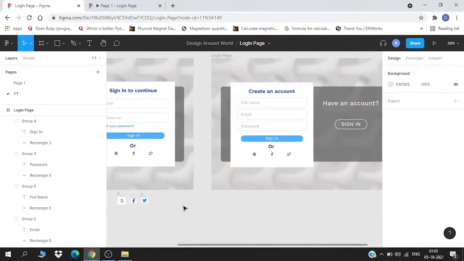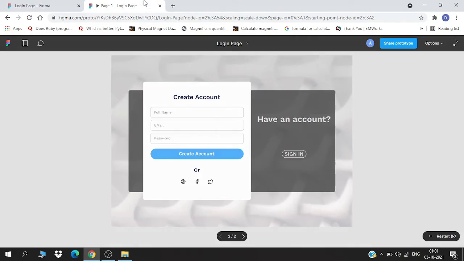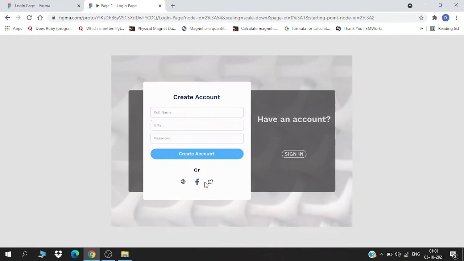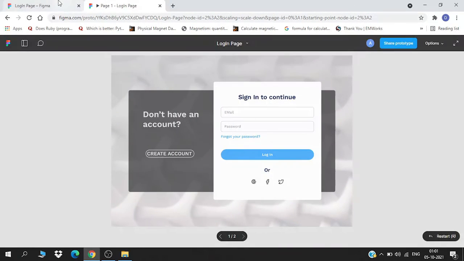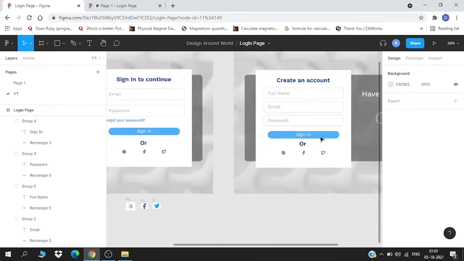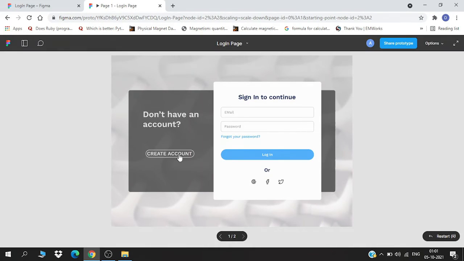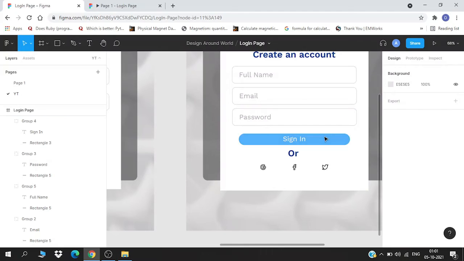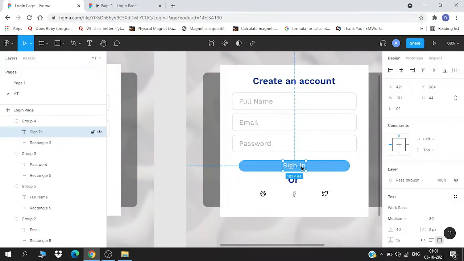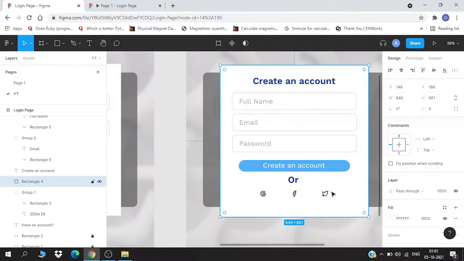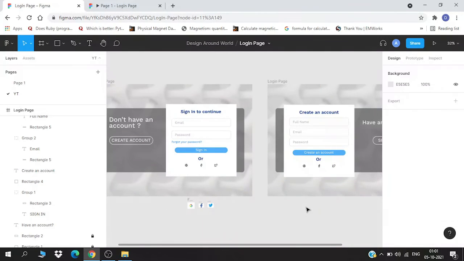Now the time is for the animations and the prototype version, which will give this and this. Oh yeah, and we have to do this also, we shouldn't forget it. Create an account. Yeah, now it is completely ready.